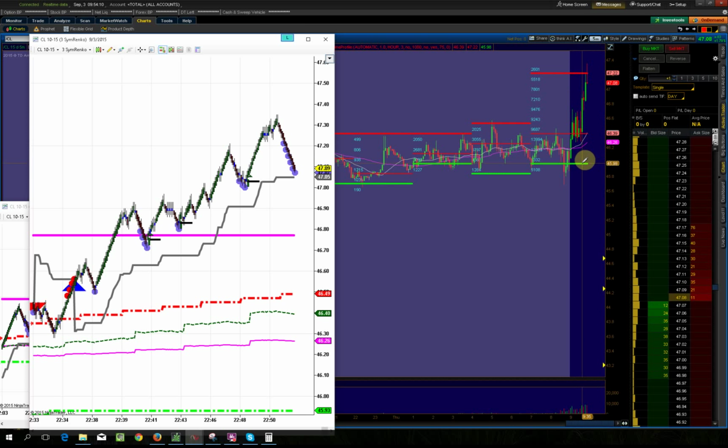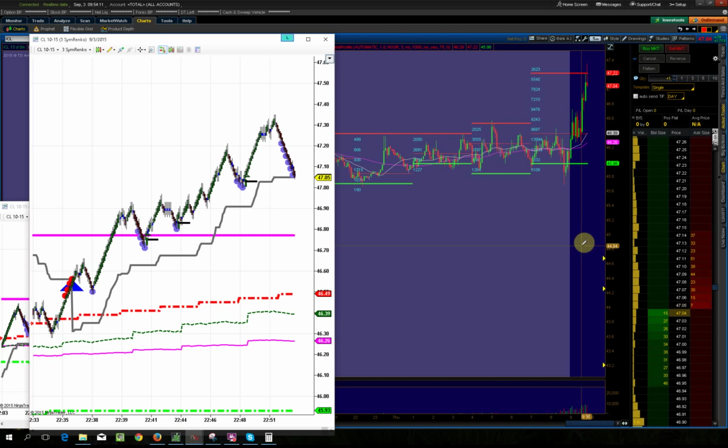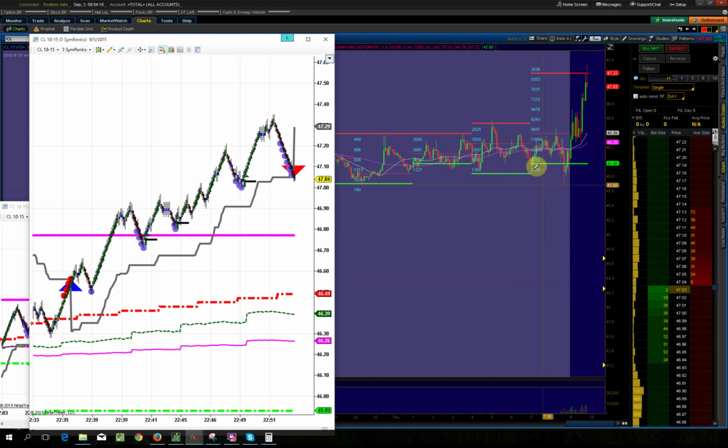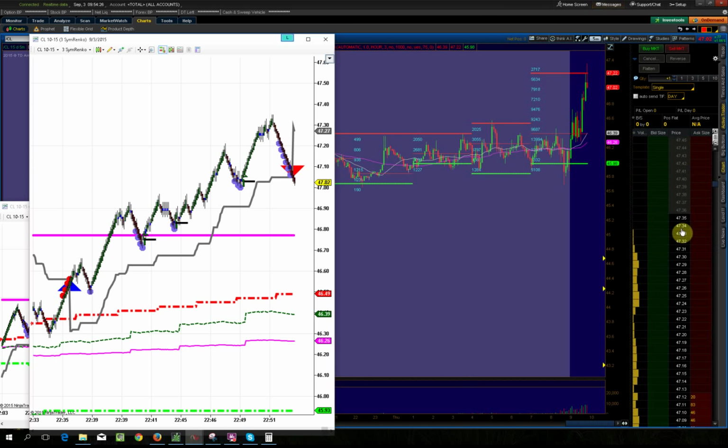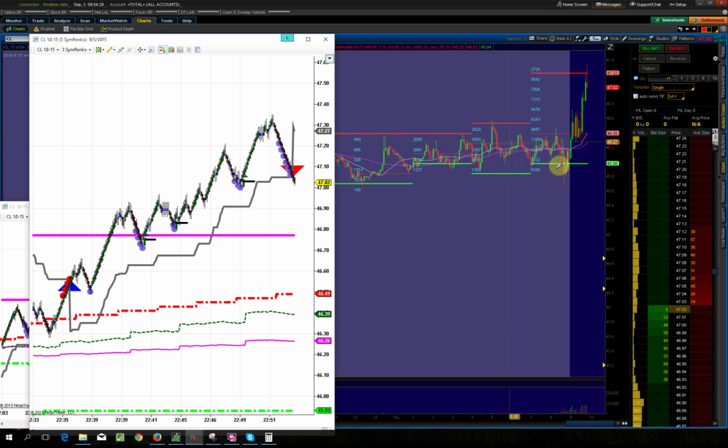Now if it comes down here and breaks below here, then you're going to have to look for it to come back up and sell, right? Because all these buyers are now in the wrong position, and at that point you're going to have to look at the opposite side of the trade. Okay, but bottom line, guys, that was a $1,000 move off of one contract, and the setup